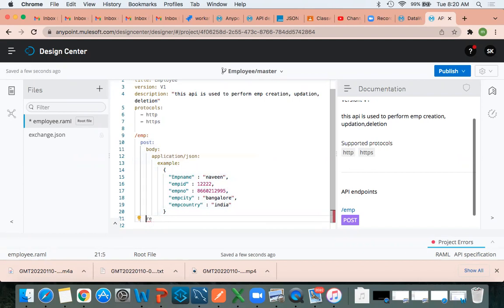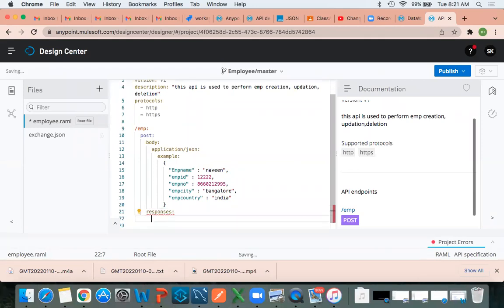If you go under the post method, you cannot see IntelliSense. If you write RE and you are not getting IntelliSense here, that means you are doing it wrong. Move this. Now you are under body. Just type, and now it is coming.